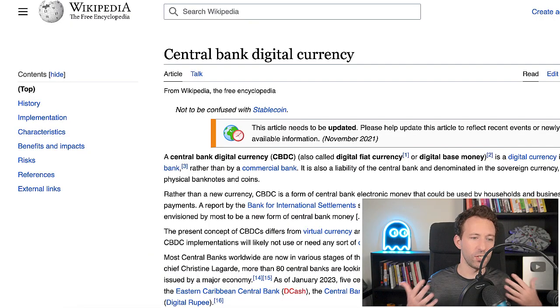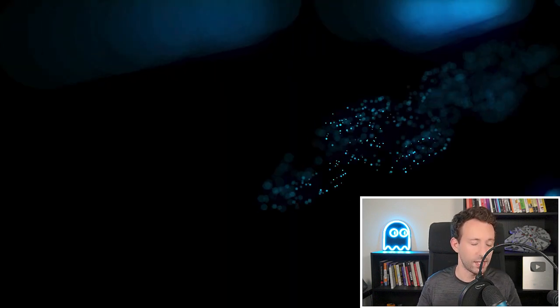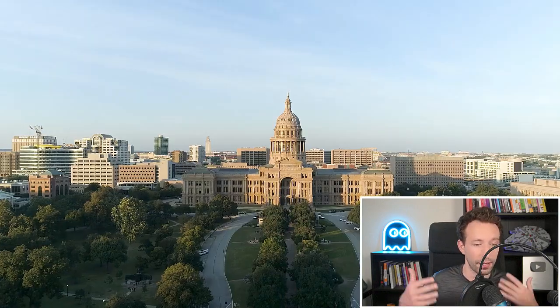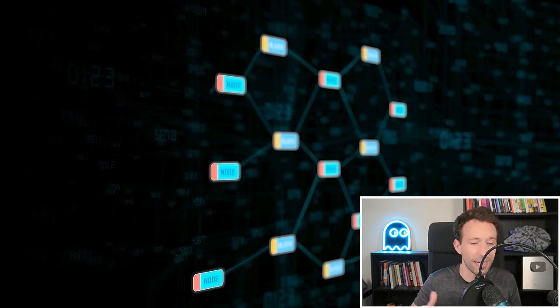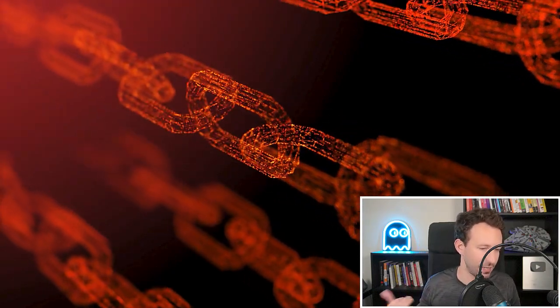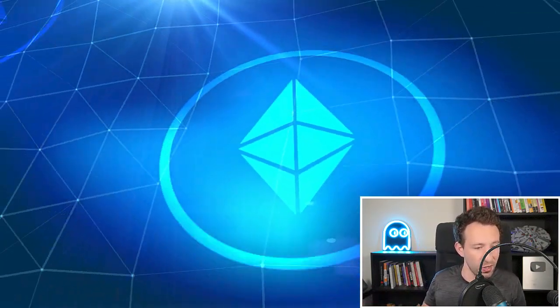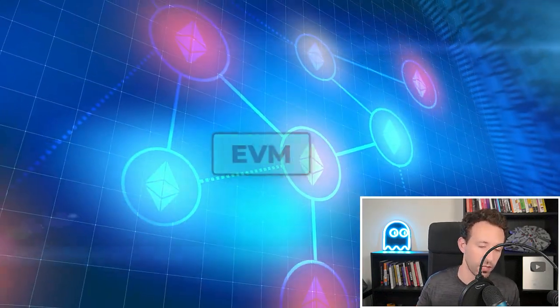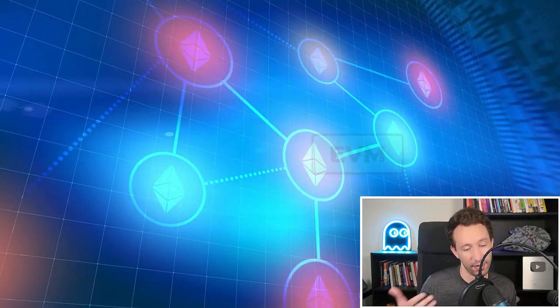So what is a CBDC? CBDC means central bank digital currency. This is supposed to be a replacement of fiat, but on the blockchain. This is controlled by governments, and this is implemented with a stablecoin on the blockchain. But which blockchain? Probably not a public chain. Most likely it will be a private chain that doesn't exist yet. Which technology it's going to use, we don't know yet, but it's very likely that CBDC will be implemented with the EVM, which is a technology of Ethereum.